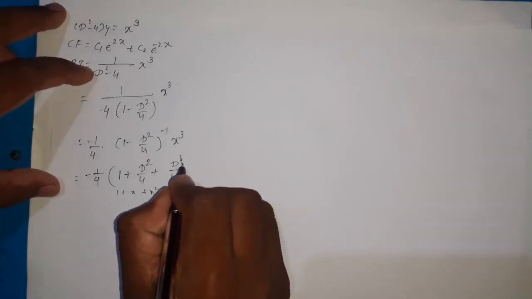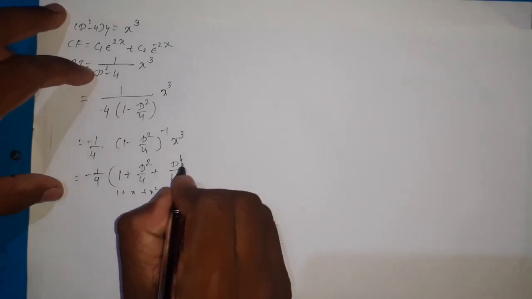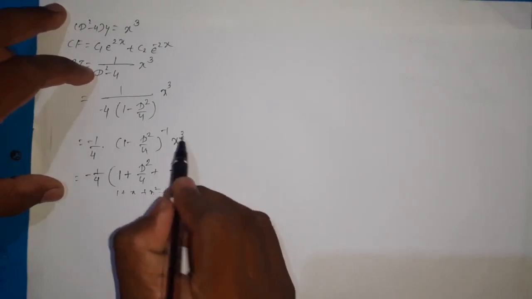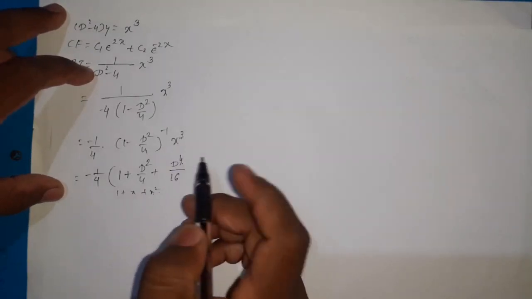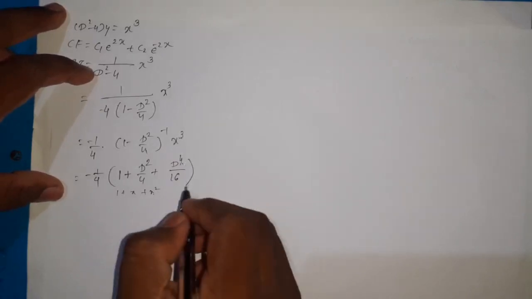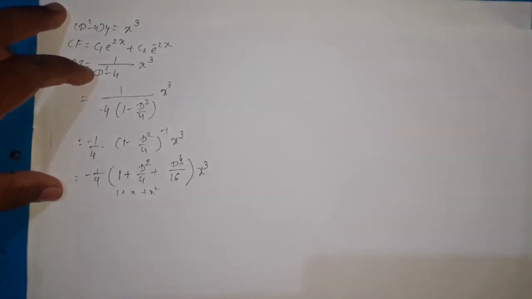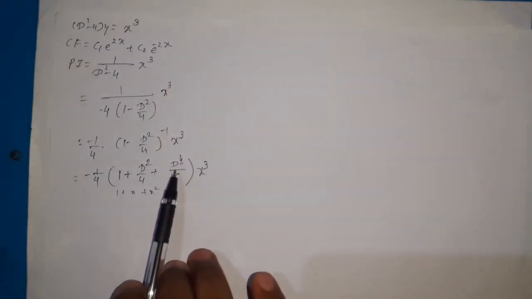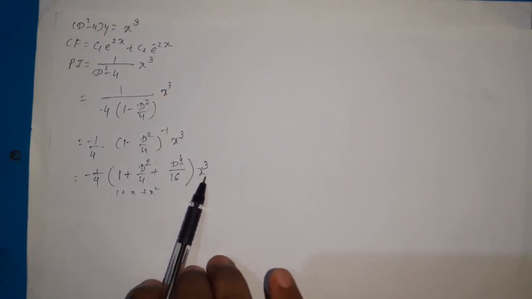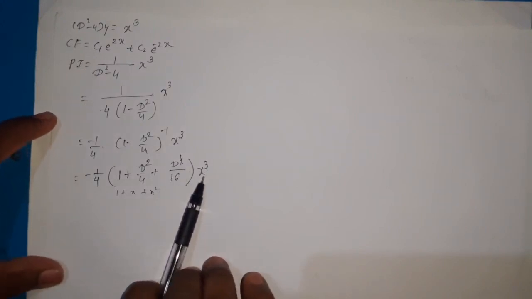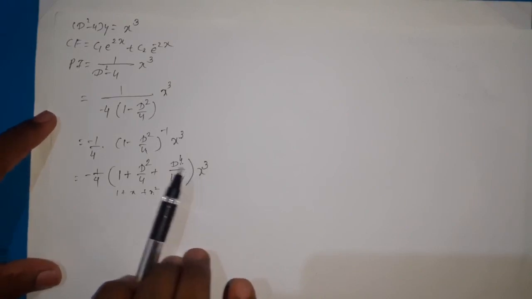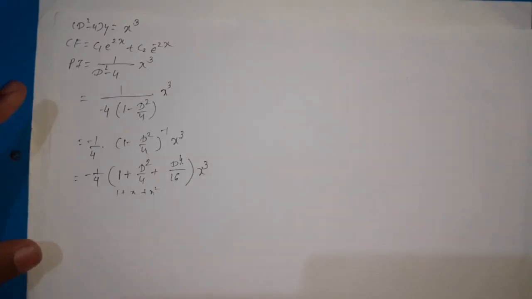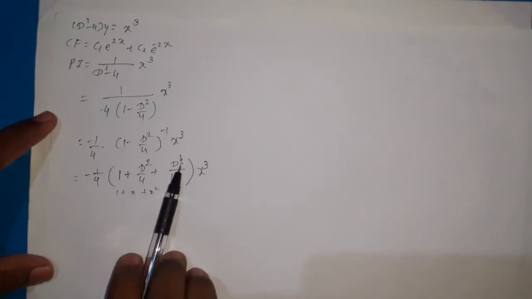Now here look at the power of D. So here it is 4 and the power of x is 3. So now the power of D becomes more than 3. Then stop the expansion at x cube. Here we know that the fourth order derivative of x cube will be equal to 0. So therefore we can consider maximum up to third order derivative. Here there is no D cube, then it does not matter, but D power 4 should not be there because its value is equal to 0.